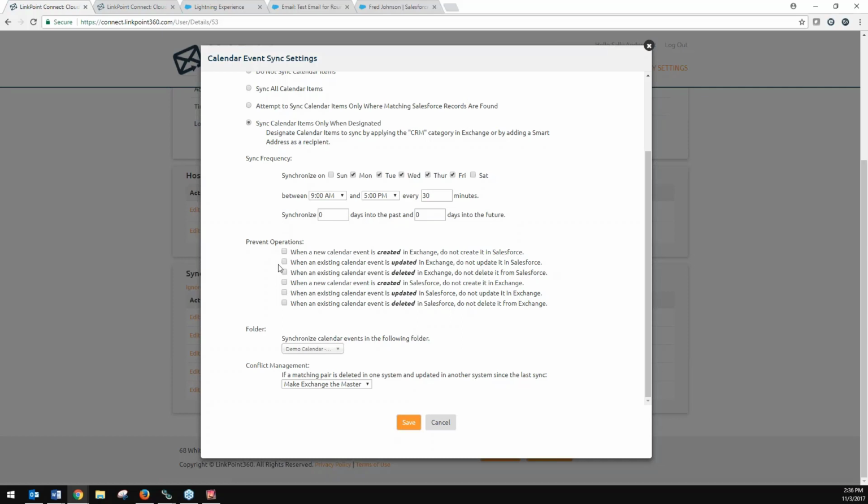If you want to prevent, maybe you maintain everything in Salesforce, you don't want things coming down to your Exchange, you can check these boxes so that you can prevent things from being created. Maybe you want to create everything in Exchange, but you don't want changes in Salesforce to overwrite what you did in Exchange. So you have a lot of control here if you want to go that far with it